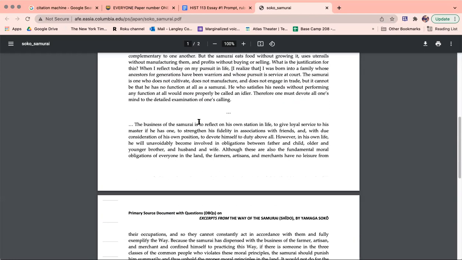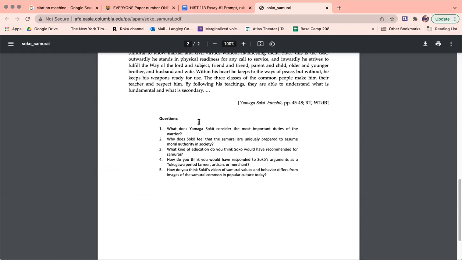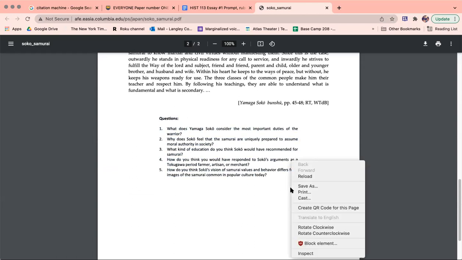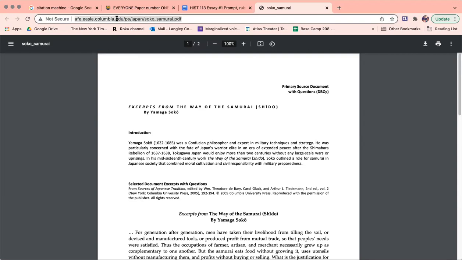So after you read through this short article, maybe you decide that this indeed you want to use it. And by the way, here are these little questions that you don't need to use, but maybe they'll guide some of your thinking. So you've used this article, you've decided, oh, this article tells me something about Tokugawa and I'm going to use it. It's better to explain it than to quote it. I know all the articles, so you don't need to quote them. And so the way that you want to do that for Citation Machine is literally just like this. All right. So copy this